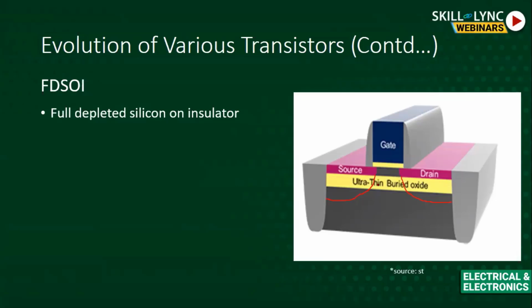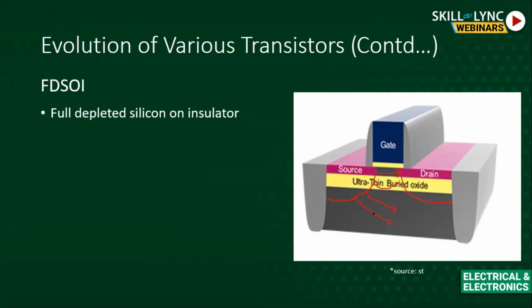Now when the channel is formed, the electrons are naughty, right? They cannot follow one line. They can go from here to here as well, and some of the electrons might even go to the substrate underneath. Our aim is to have the transfer of electrons from the source to the drain, but we are having the other way around. Some of the electrons are going somewhere underneath. We call this particular behavior leakage.